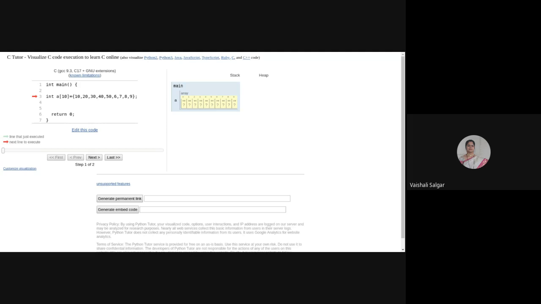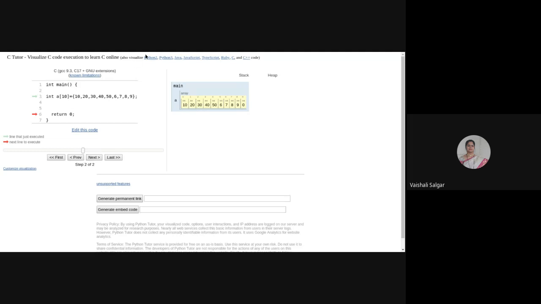Still I have given the values, but are the values assigned to that particular index? No. So what we have learned, pre-computation, is obvious: the memory locations will be allocated to the array at compile time, but the actual elements, the ith element, will be stored at runtime.